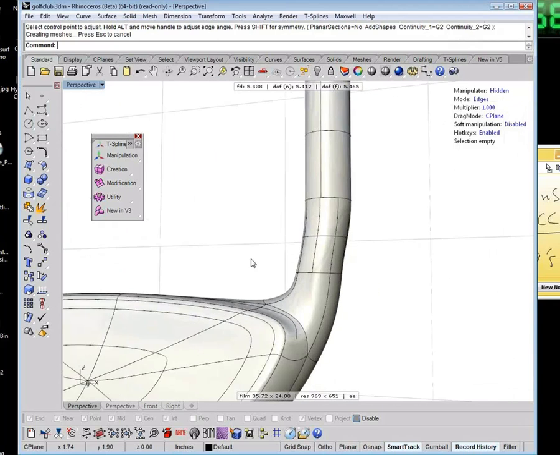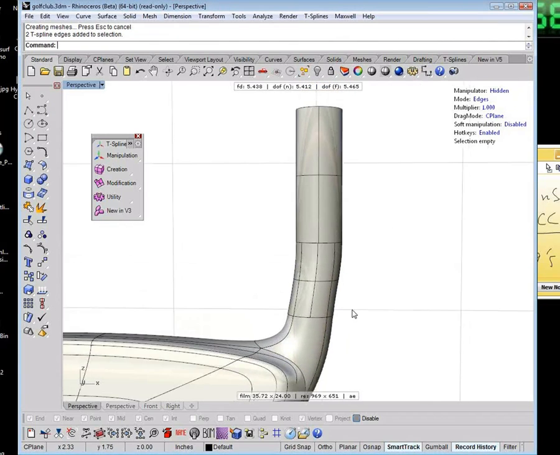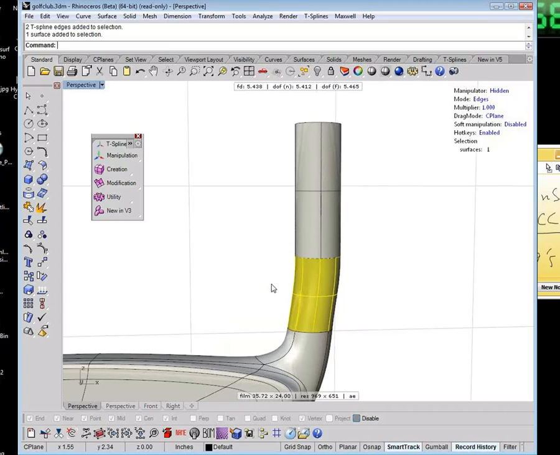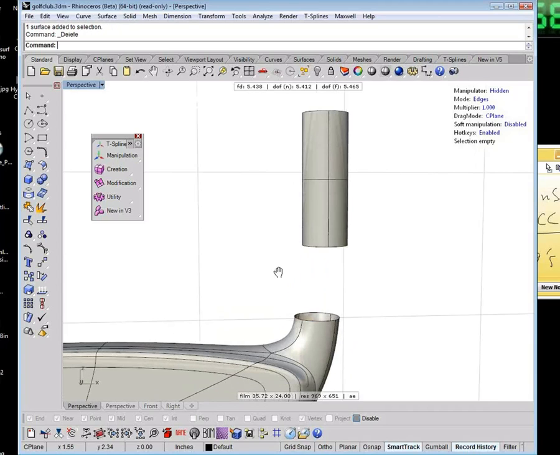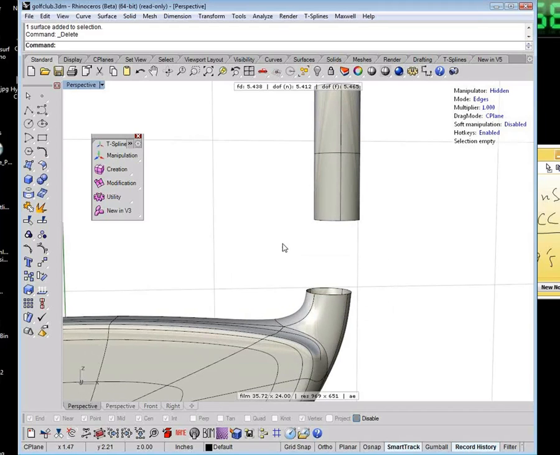And you see, it just builds a blend surface between there. This is a NURB surface. This is a NURB surface. This still stays T-Splines. So the other way to do that would be to use the match command in T-Splines, which if I run ts match,